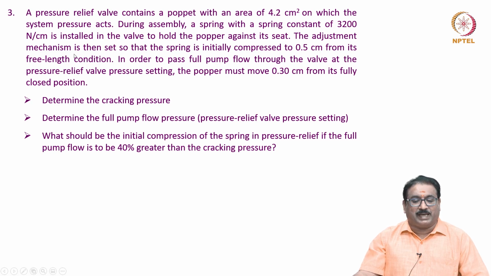The adjustment mechanism is then set so that the spring is initially compressed to 0.5 centimeter from its free length condition. In order to pass a full pump flow through the valve at a pressure relief valve pressure setting,